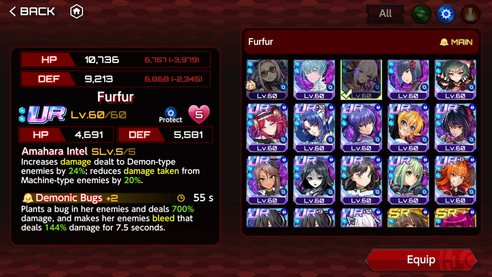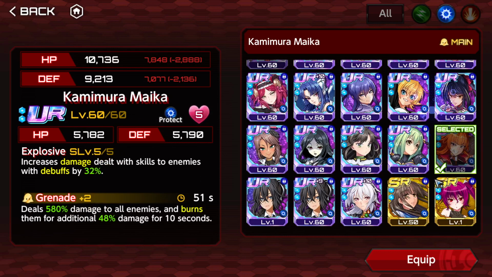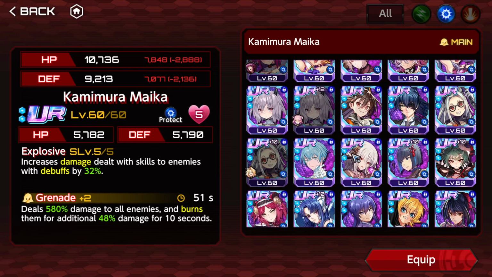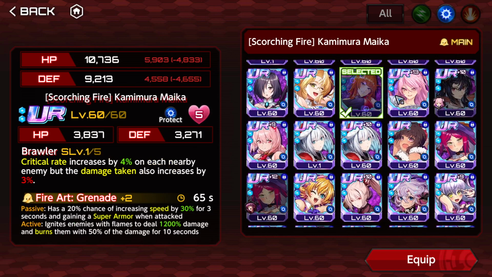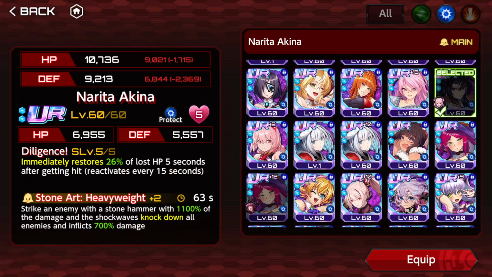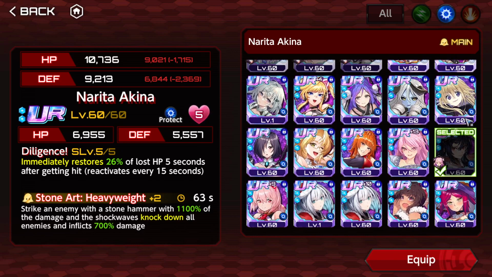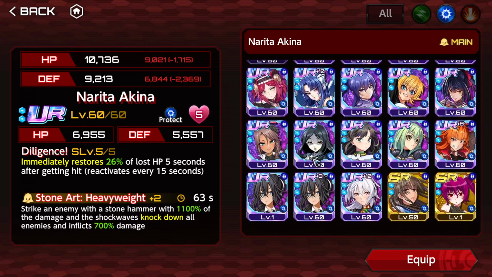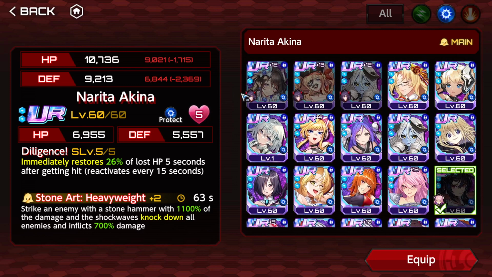You can also use some of the generic gacha supporters like Fur that increases damage against demons or something like that. There's also Susune, which gives damage reduction. That's the problem with blue. We don't have that many damaging options, and some of the defensive options are restricted to certain colors. So if you want, you can use Akina with Spinel, but I'm using Akina on another build. So try to go with whatever damage supporters you can equip. This is very restrictive due to the limited amount of damaging supporters we have with blue